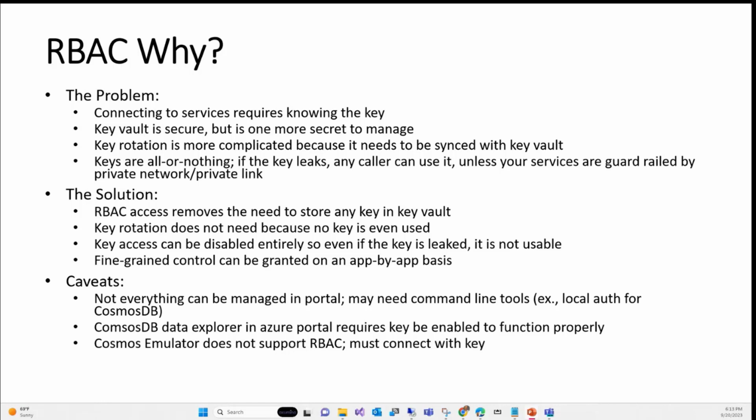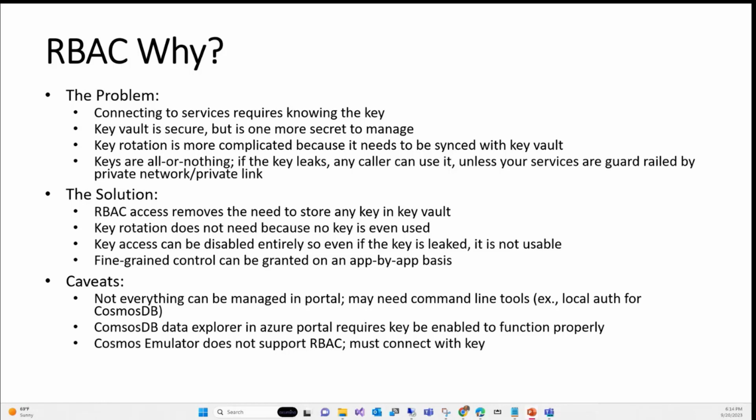If it lives in another VNet, you do a peering, and only those networks can see it. Even though you give the keys out, still nobody can connect to it. But that concept is not what we're going to talk about. We're only going to talk about how to make the connection keyless, okay? But if you do keyless plus the private link, it's highly secure. But today's purpose is not to talk about all that, right?